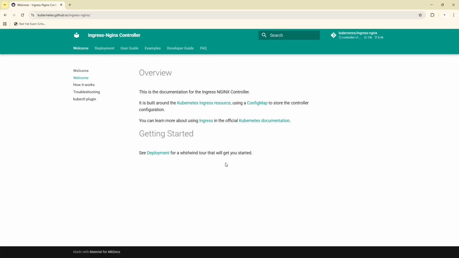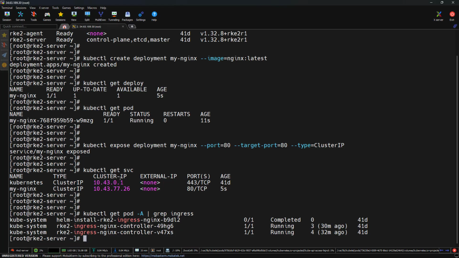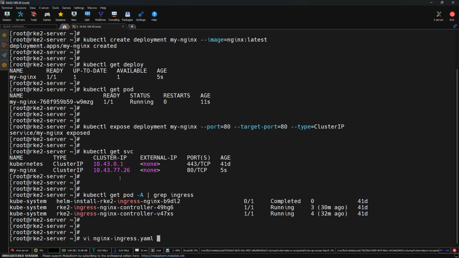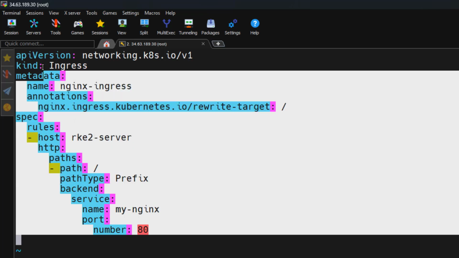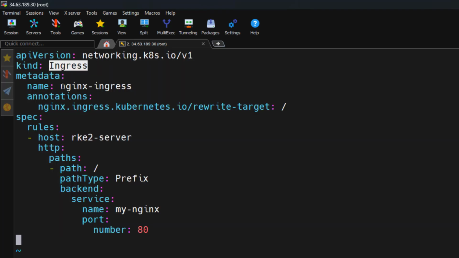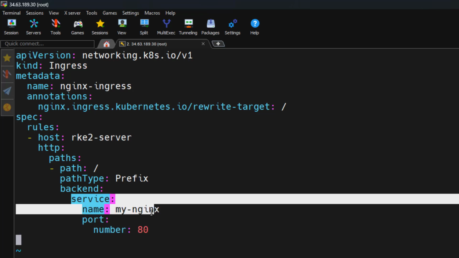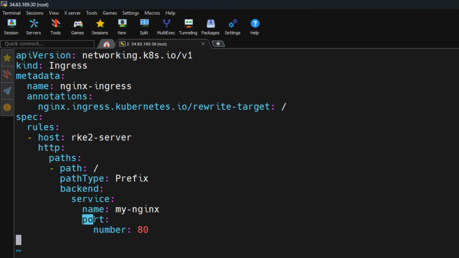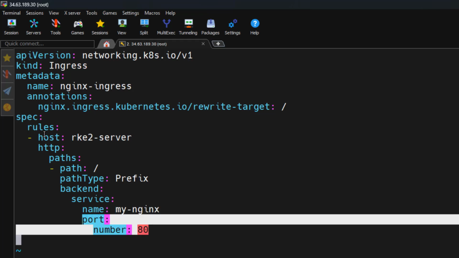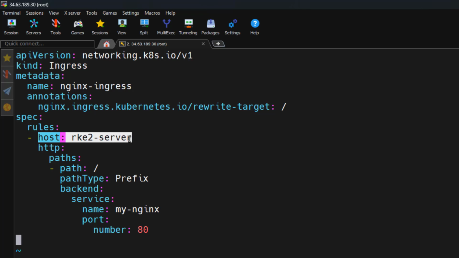So let's create an Ingress resource to route our traffic to the NGINX service. So there is an NGINX configuration file. So this is the one. With this particular manifest file, we are creating a resource called Ingress, with the name nginx-ingress, where we are specifying the host, the path and the service details. Here, if you notice, we are specifying the service name, that is my-nginx, and the port number, that is 80, and we are using a host here. So instead of using an IP address, we are going to connect to our application using the host name. This means whenever someone visits rke2-server, the request is routed internally to our NGINX service,